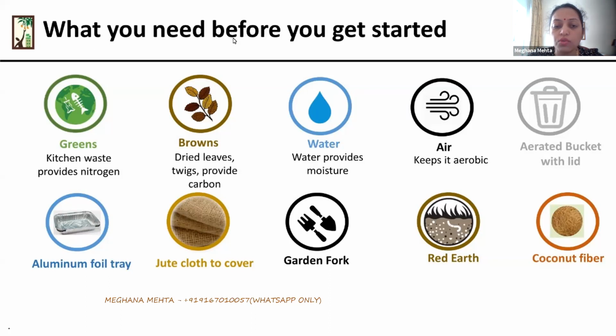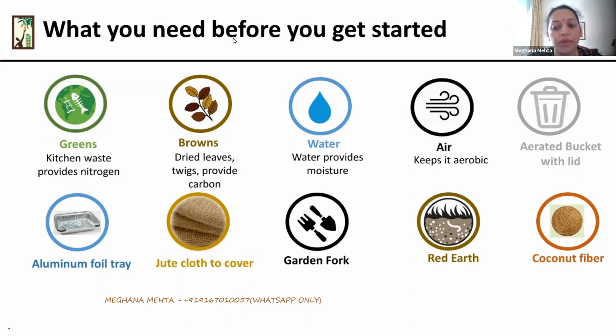Then we need a jute cloth to cover our compost. It has to be a moist, wet cloth. It can be a jute cloth, a muslin cloth, brown paper, or newspaper, not necessarily jute cloth. Fork. This fork is used to mix up our compost. It can be a fork, it can be sticks, it can be anything that is easily available in the house. Gardening as such needs no investment. We can just use our creativity and use anything to give us the desired result.